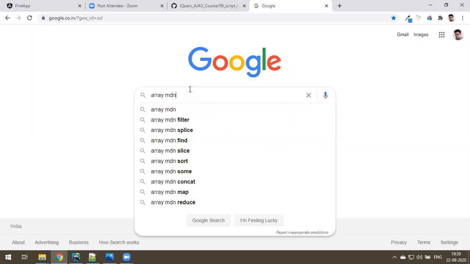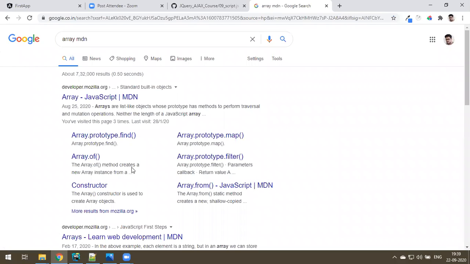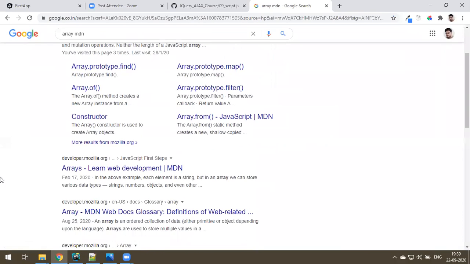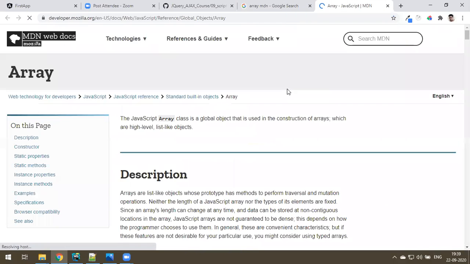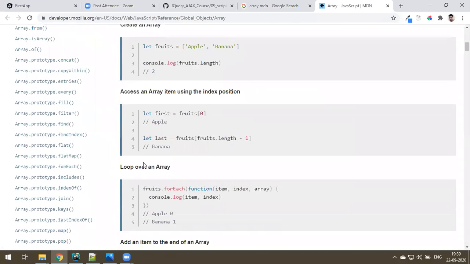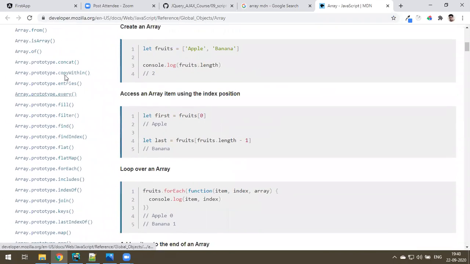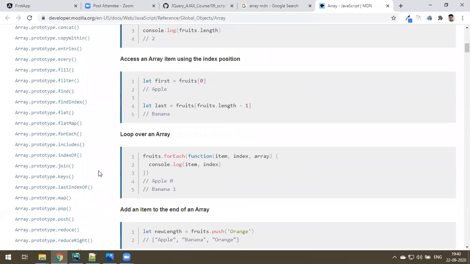For any concept in JavaScript you want, just type MDN extra. MDN means Mozilla Developer Network. That's the official documentation. Everyone will follow this official documentation. So here they explain all the functions of array. If you can see, this is the array concept. Here, see, these are the functions. We have filter, forEach, copy, concat, flat, and floor should be somewhere.